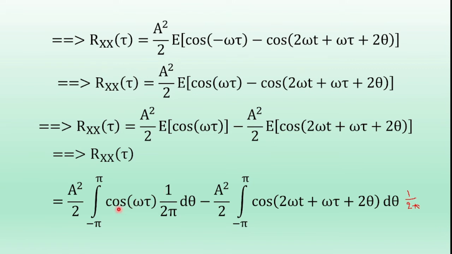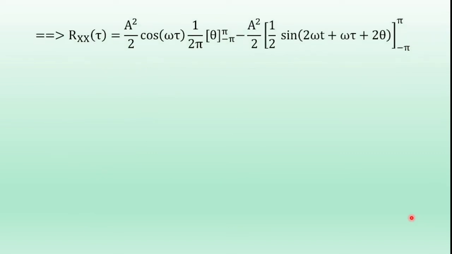Now in the first integral term we are integrating with respect to theta. Cos of omega tau, and 1 by 2 pi is a constant, so it is written before the integration. Here also in the second term we are integrating with respect to theta, and 1 by 2 pi is a constant, so it is written before the integration. So Rx of tau is equal to A square by 2 into cos of omega tau into 1 by 2 pi integral of 1 d theta, which is theta over minus pi to pi,